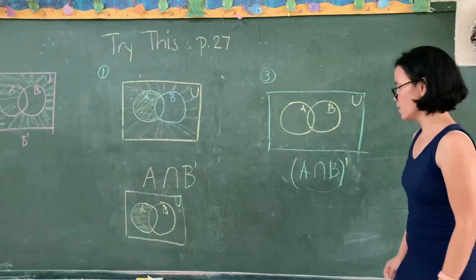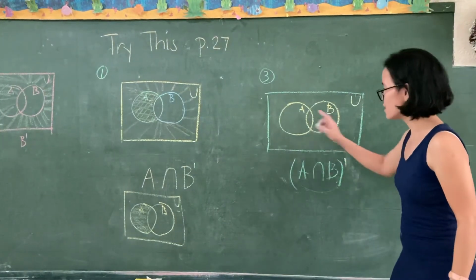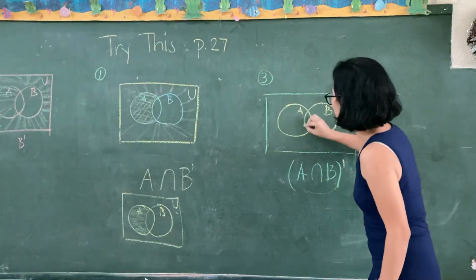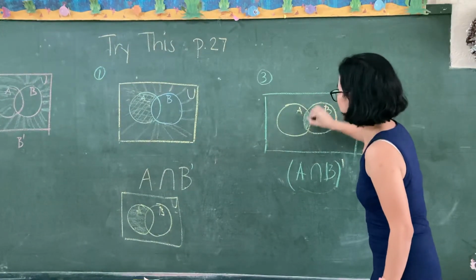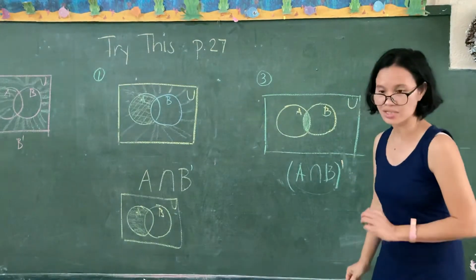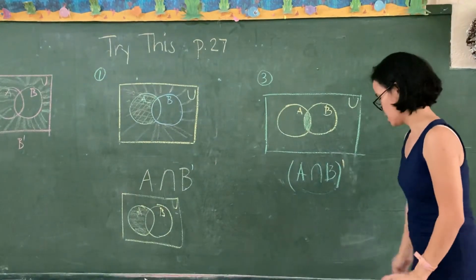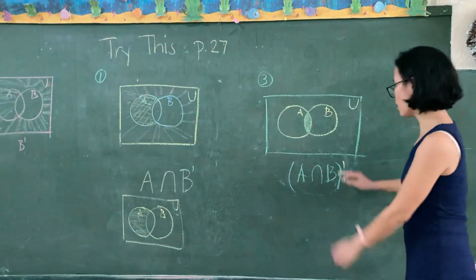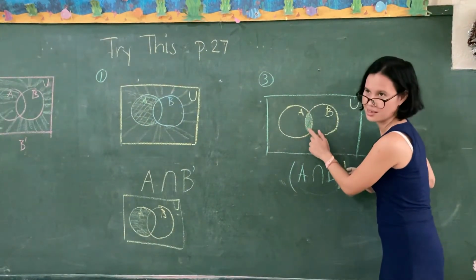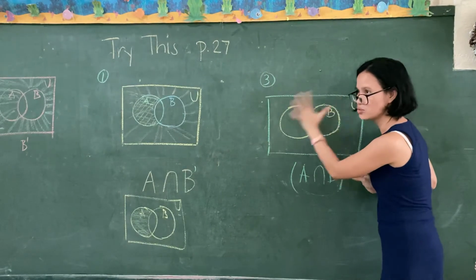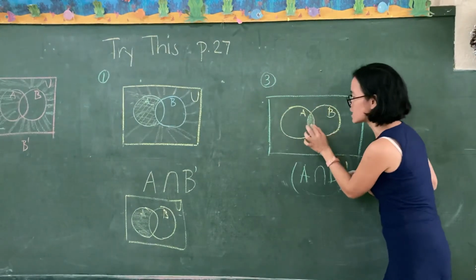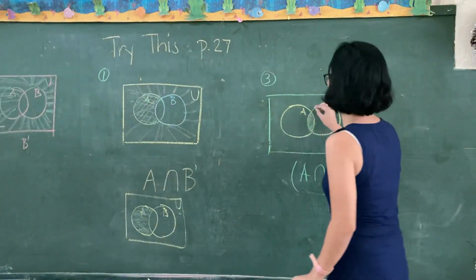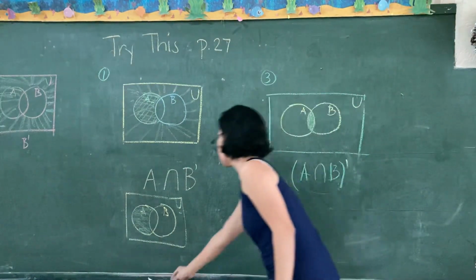Okay? So, what do we do first? We get the intersection, and the intersection of set A and B is here in the middle. Correct? That should be your initial answer. However, the major operation involved is the complement. So the complement of this, so all the elements in the universal set, but not in this intersection. Therefore, your final answer, the shaded portion, should be